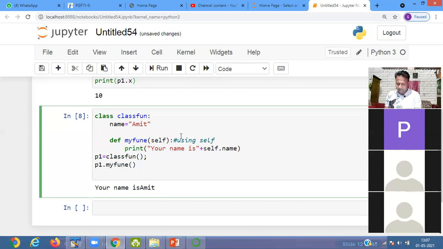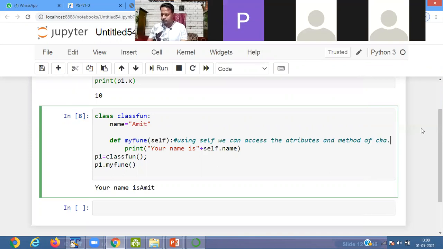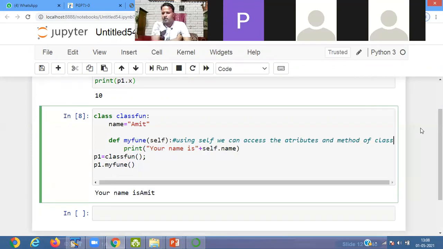Using self, we can access them. Okay, we can retrieve the attribute and method of a class.